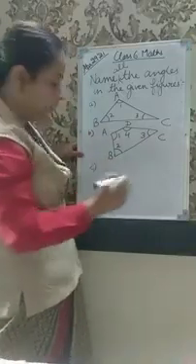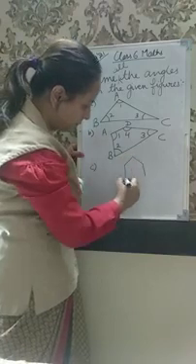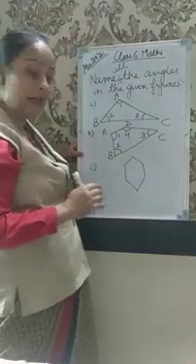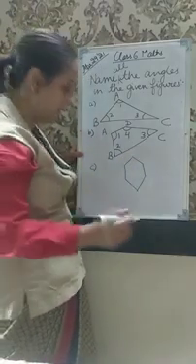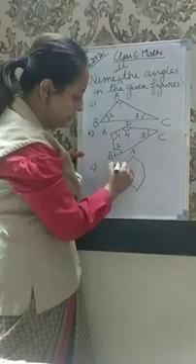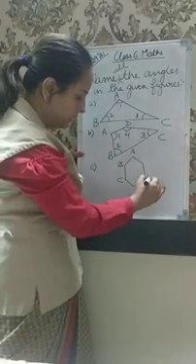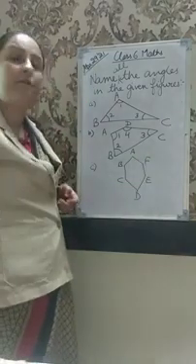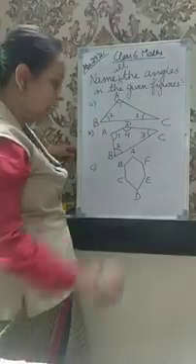And the third one I have is a hexagon. Alright, the third one is a hexagon. Hexagon has how many angles? 6 angles, 6 sides and 6 angles. So A, B, C, D, E, F. This is my hexagon and you have to name all the angles present in this hexagon.